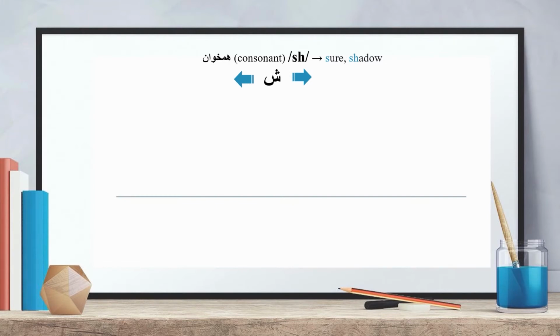And now comes the beautiful She, like the English words sure or shadow. She is also a sibling to Se, so we write them in a similar fashion with 3 jacks. We start from here, again the second and the third jack, and this time for She we make 3 dots over the jacks. So this is the form of She when it comes initially in a word or when it is in the middle. But when She ends a word,